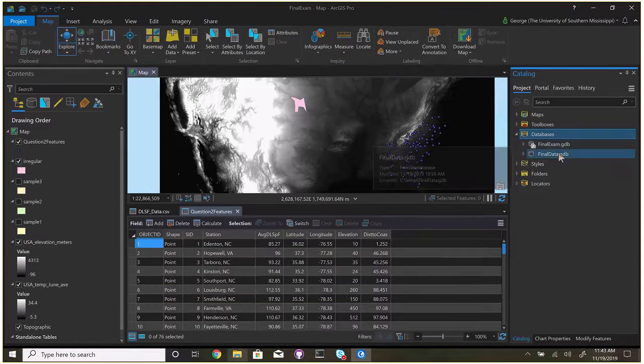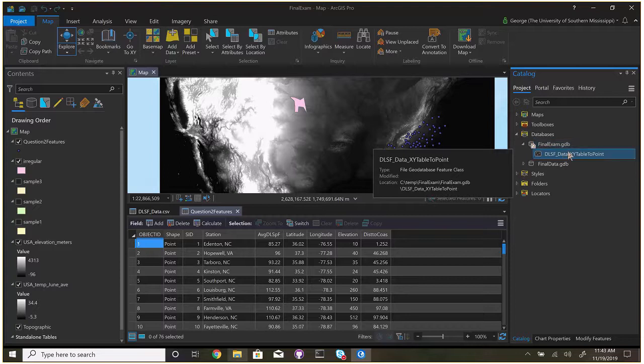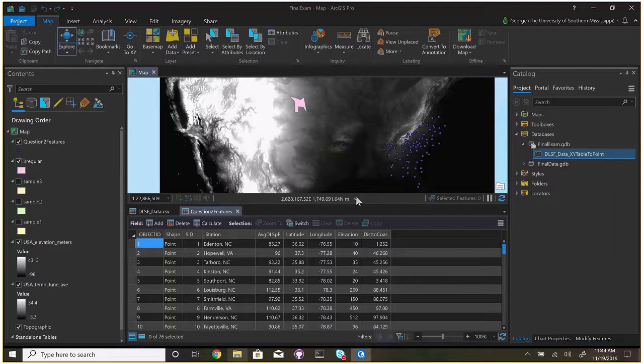Okay, and then it's right there. What about this finalexam.gdb? That is the one that gets created automatically. It's always named the same as your project. So that doesn't have, well, it has a temporary data set that I created, but by default, if you were to do this, there wouldn't be anything there. Okay, so